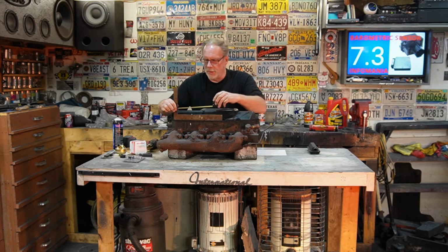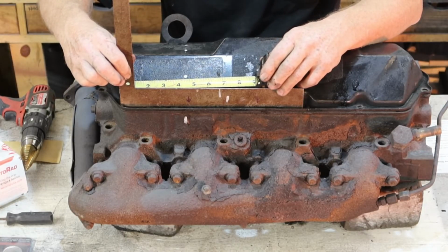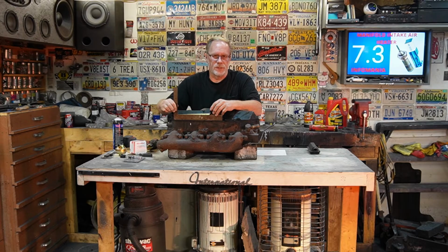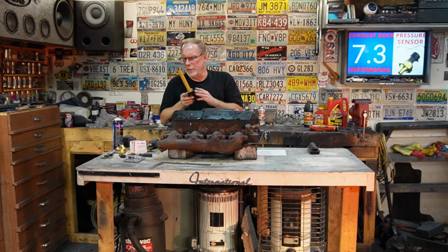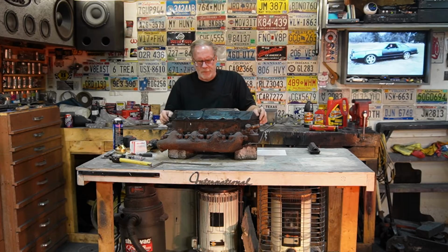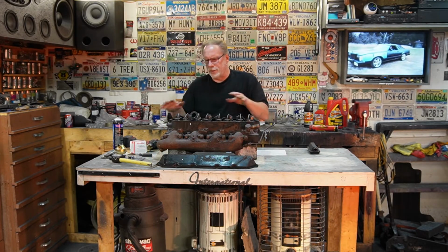You'll be doing it from the inside. That way you can get as close as possible. And once again, 4 3/8 is where the approximate center between the two valves is going to be. And then from there, just set her on down, take it to your workbench, clean it off real nice, hit her with the old